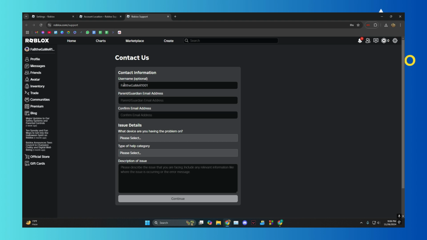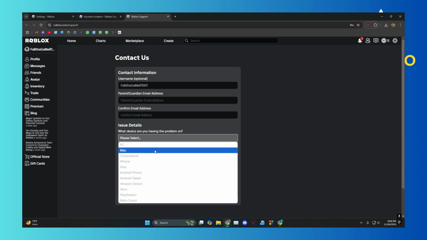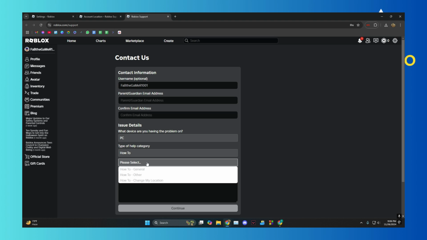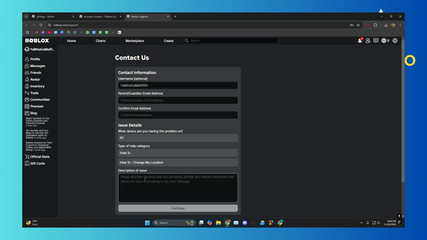You see support form. So if I click on it, you have to put in your username, your parents' email, confirm it, and then what device is it? We are facing it on a PC, and then the category would be to change the location. So we're going to click on how to and then select change my location and then type in,